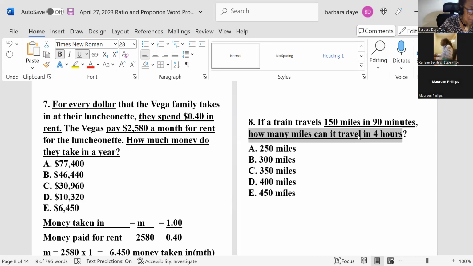Let's see, 4, 3. Let's see the answer. How many miles? If it was 150 miles in 90 minutes, right? Mm-hmm. They want 4 hours. So